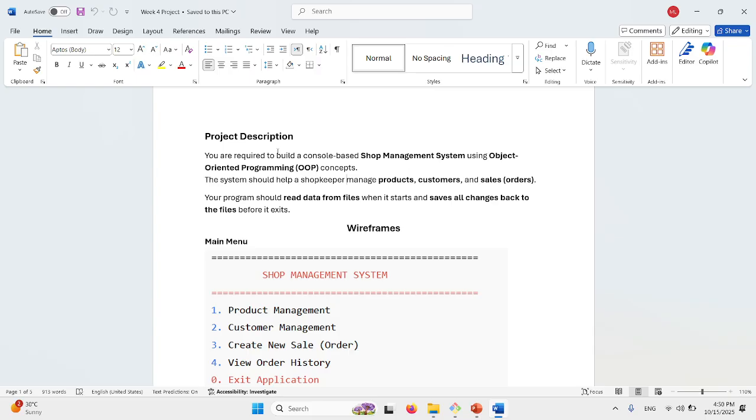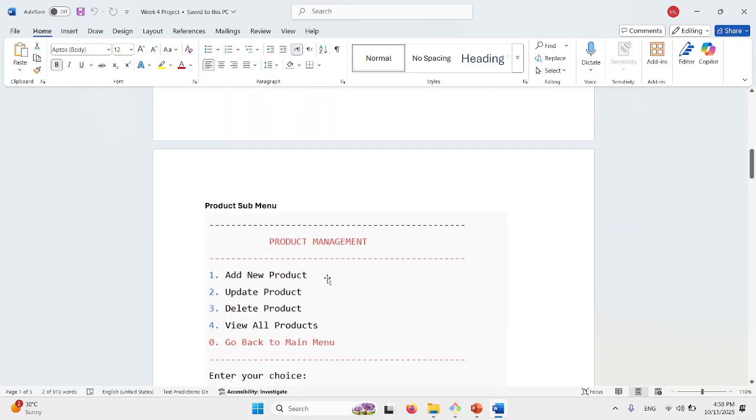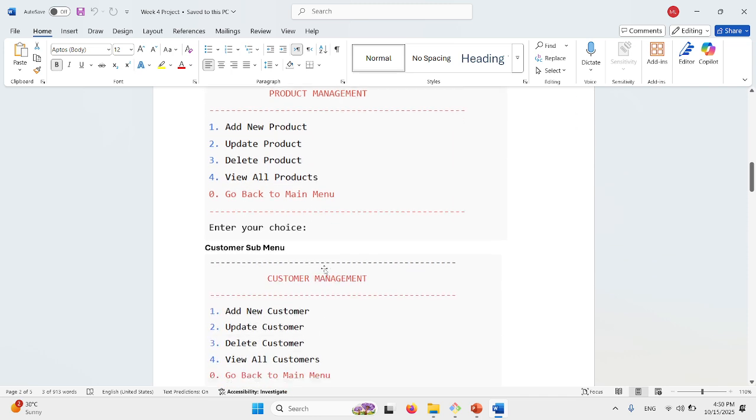Okay, so these are a few wireframes. This is the main menu: product management, customer management, create new sales, view order history and exit application. This is the product submenu, where we add a product, update a product, delete a product and view all the products.